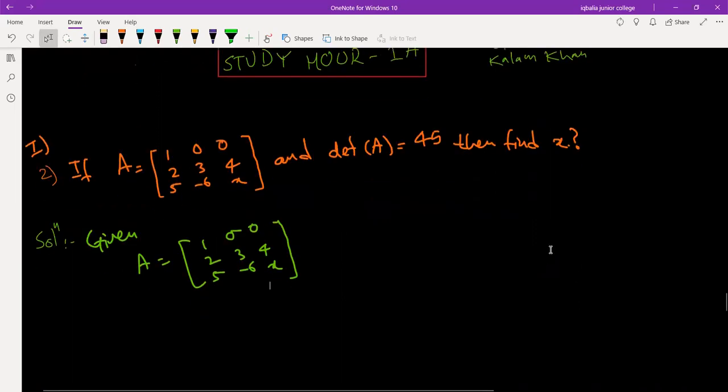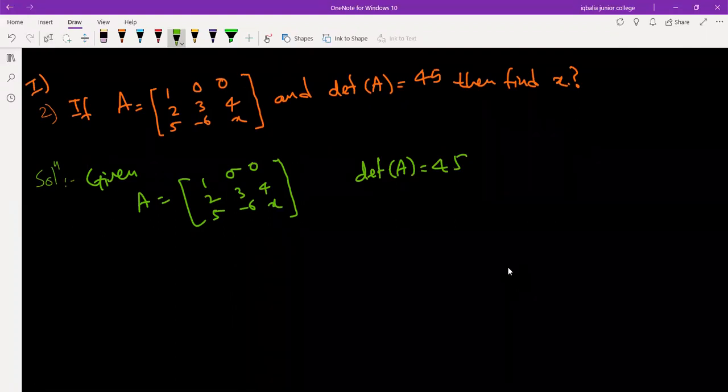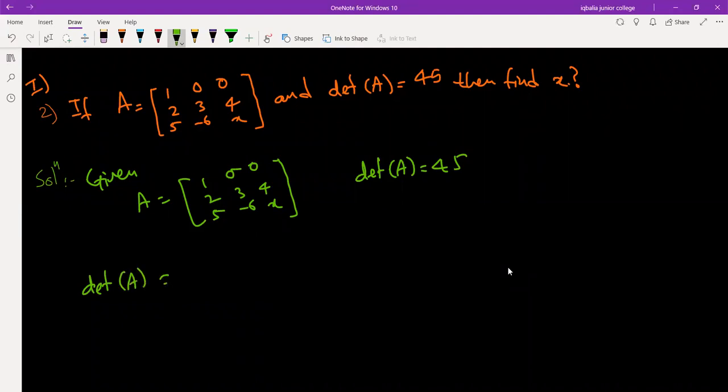Okay. And one more thing is given. Determinant is given, that is 45. Okay. So now here we have to find the determinant. So determinant A will be 1 into 3x